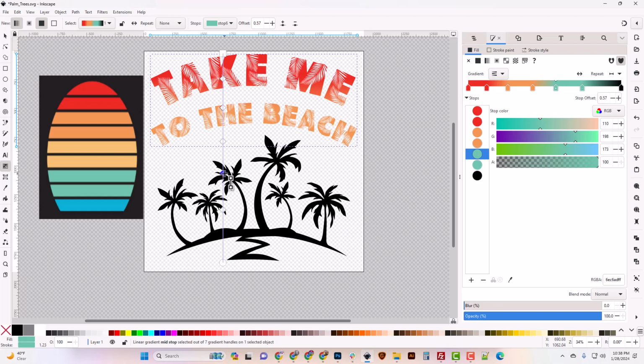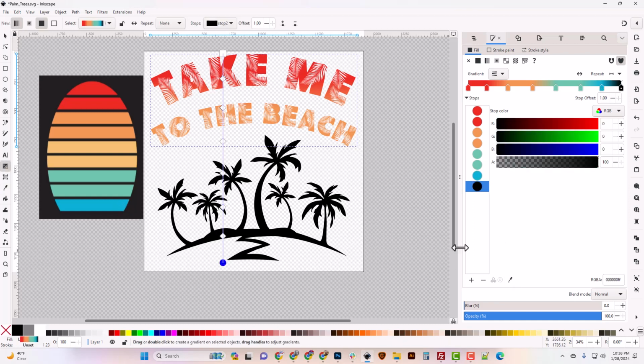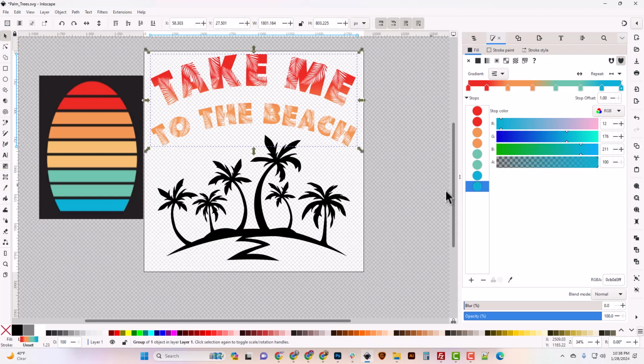Just kind of eyeballing this. I'm sure there's a precise way to do it. And we'll just add a stop in there. And then we'll have this one change to the blue, and this one change to the blue. Okay, so there's that, and now we've got that gradient,